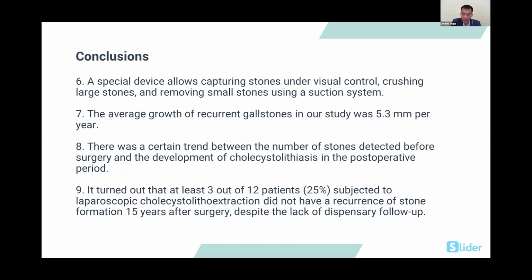A special device developed at the Republican Center for Functional Surgical Gastroenterology in 2006 allows capturing stones under visual control, crushing large stones, and removing small stones using a suction system. The average growth of recurrent gallstones in our study was 5.3 millimeters per year. Perhaps in the cases of dynamic monitoring of these patients before operation, we would have noted the growth of stones